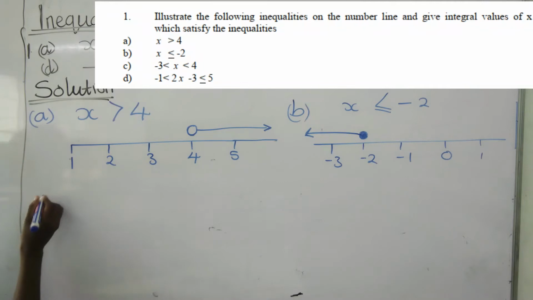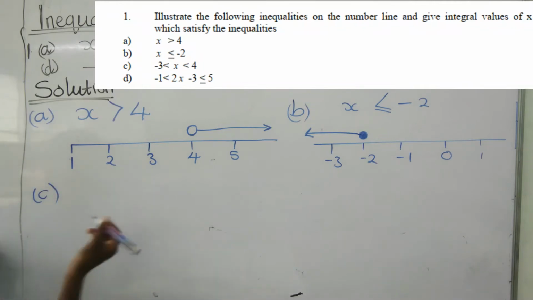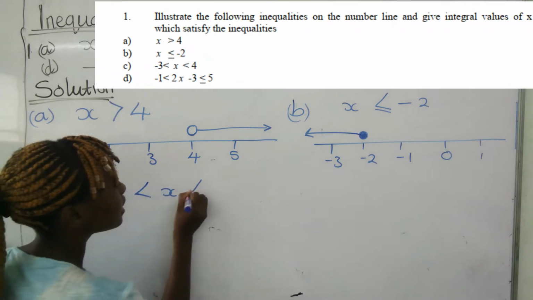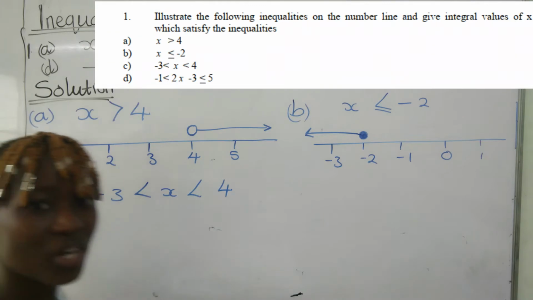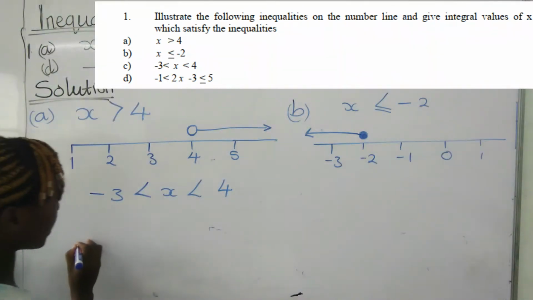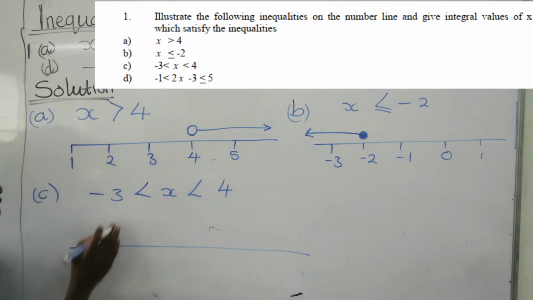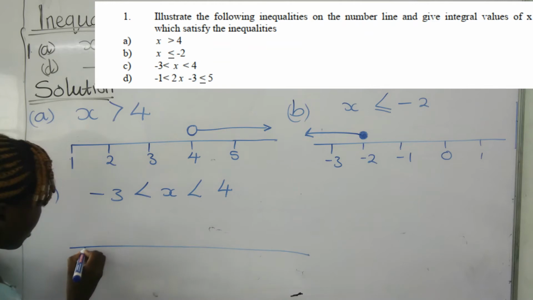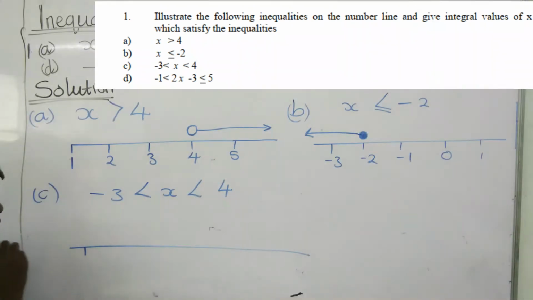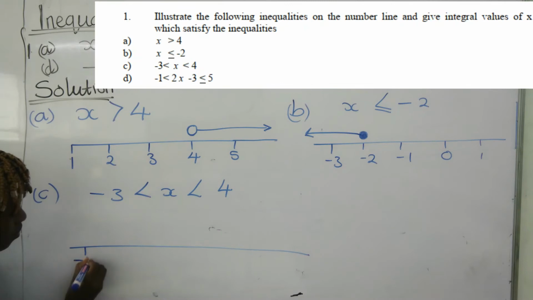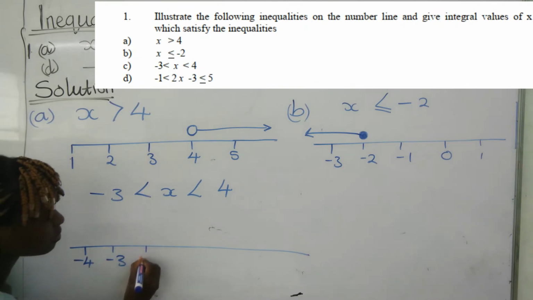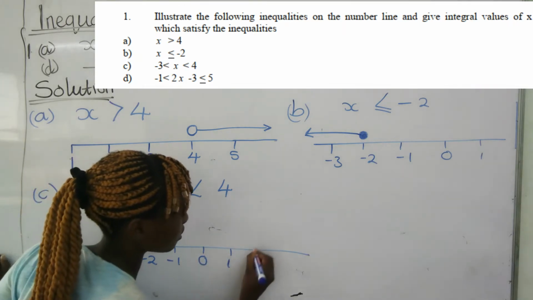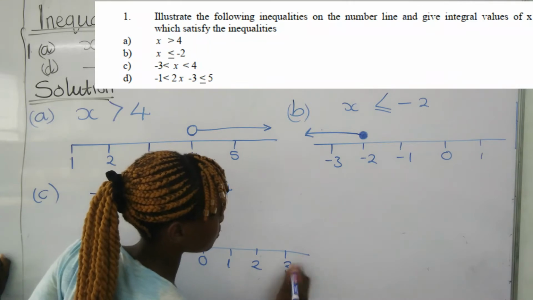Okay, for my c part, it reads minus 3 less than x less than 4. To draw this, we are just using the same principle again. And here consider your number line to be within the range minus 3 and 4. So I'm going to say, maybe if I set it minus 4, minus 3, minus 2, minus 1, 0, 1, 2, 3,